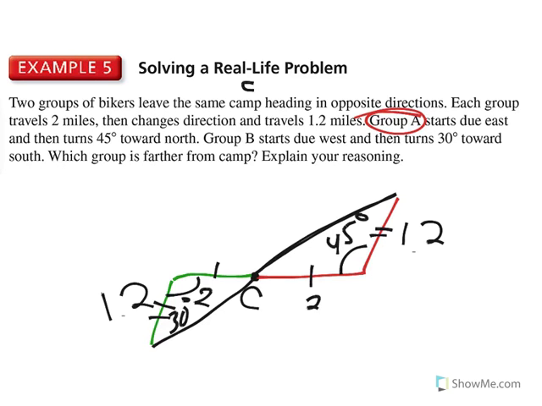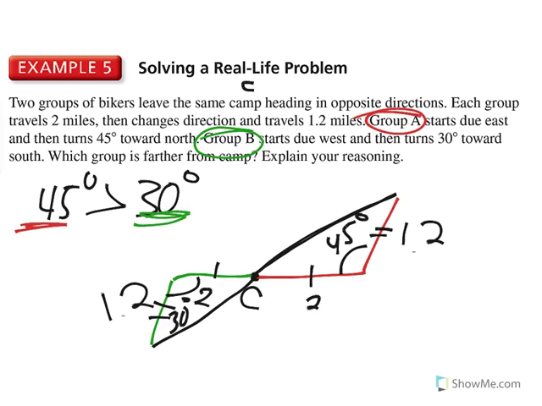So using my hinge theorem, which of these sides is going to be larger? Would it be my red group of group A, or is it going to be my green group, group B? Well, my 45 degree is going to be greater than my 30, correct? So if I were to write this out, 45 degrees is greater than 30 degrees. 45 degrees is my red group, okay, and 30 degrees was my green group. So that means that my distance traveled is going to be greater for my red group. So in this case, I'm going to say that group A,